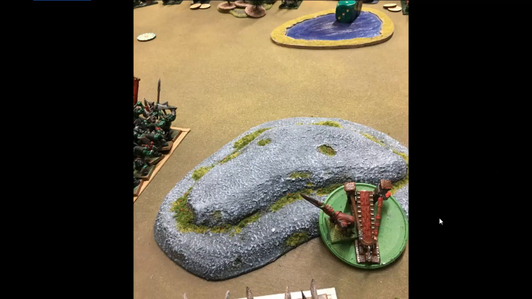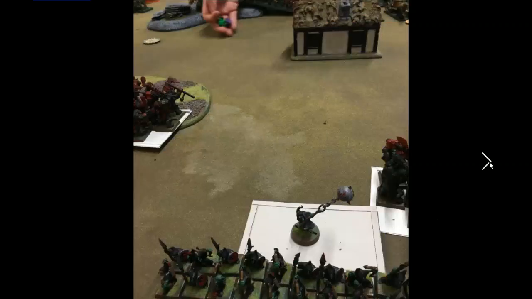He declares a charge with one of the Raider Chariots on my Goblin Raiders, and I flee. And this Git launcher, because he's got the Orc with him, is not insignificant. So no one cares that the Goblins have fled. Good, which is good for a low discipline army. I also flee, I think,